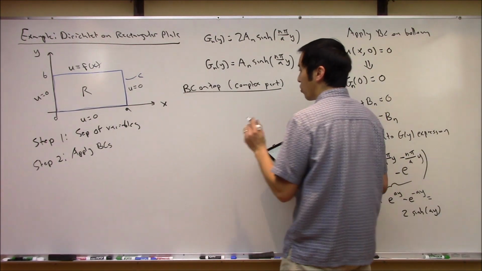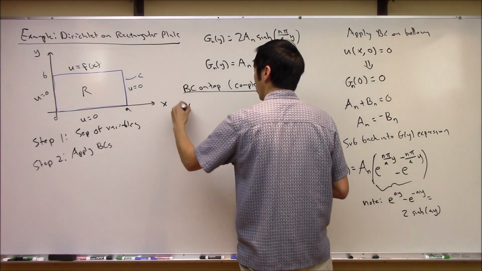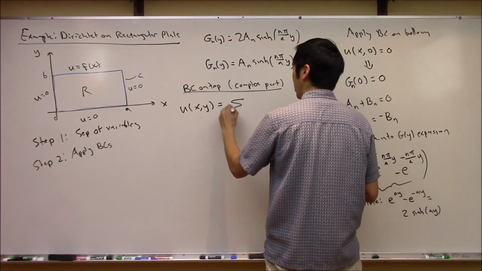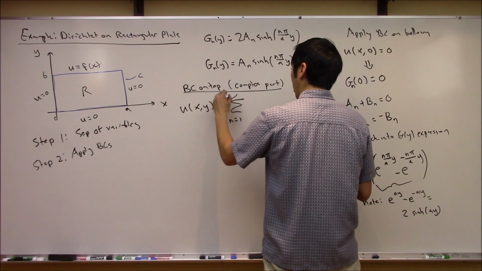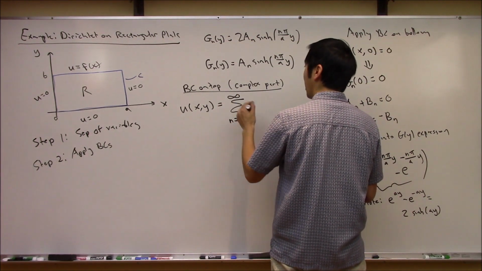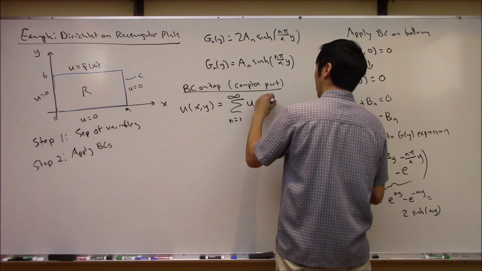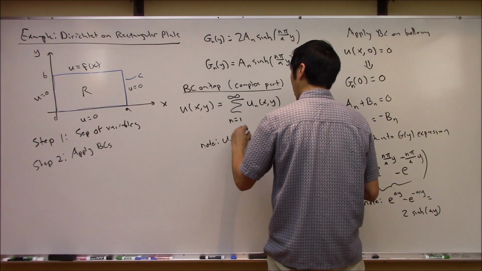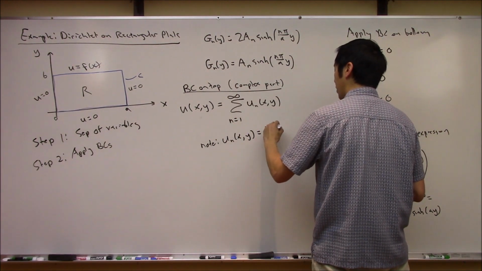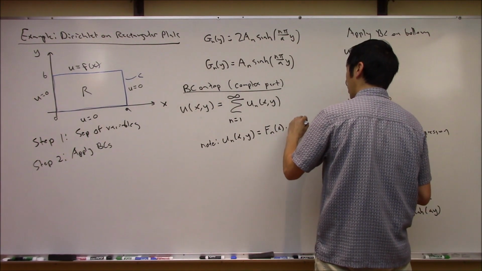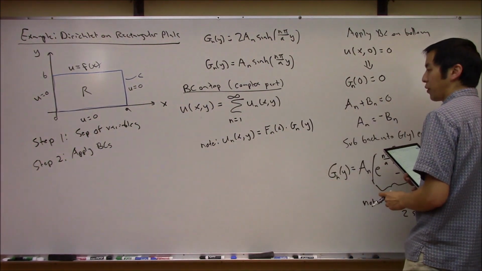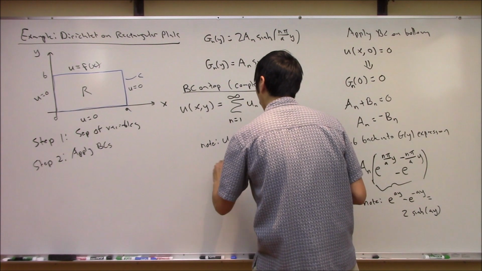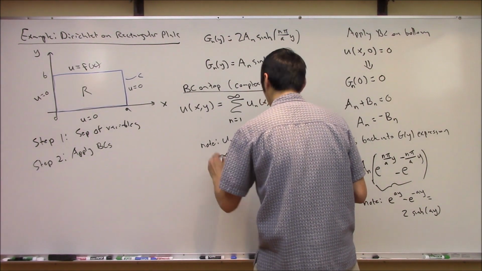Okay, so in order to satisfy that boundary condition on the top, we are going to use the same trick we did earlier. We're going to say that the total solution is going to be a sum of all of these eigenfunctions. And I guess we should have noted here that this eigenfunction was just F_n times G_n. It was those two functions we found earlier. Okay, so let's plug this in, and we end up with an infinite sum from 1 to infinity of